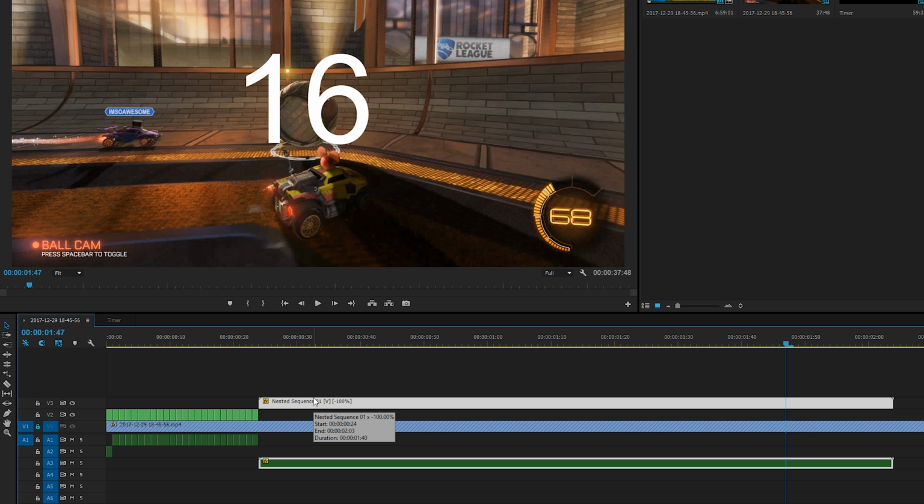Now, it is important if you do want to reverse the speed, you do need to create an additional sequence on top of the sequence you already made for Premiere Pro to allow this. Otherwise, it'll give you some issues, so just keep this in mind. These methods are really easy to do, but they do require a little bit of tricking Premiere Pro into doing what we wanted. The only downside to this method is that we cannot change the actual font